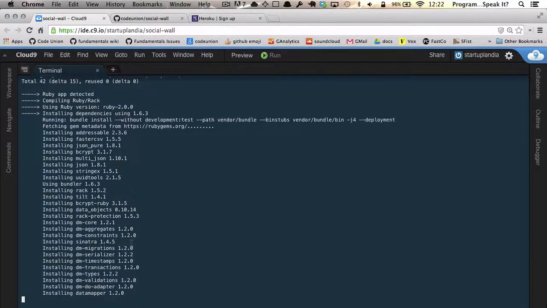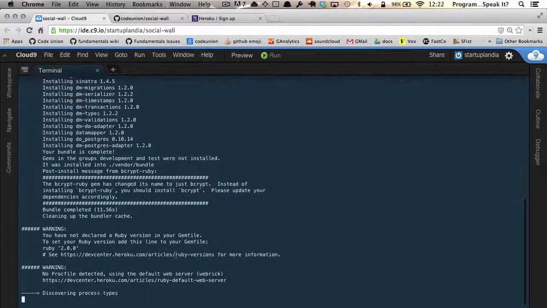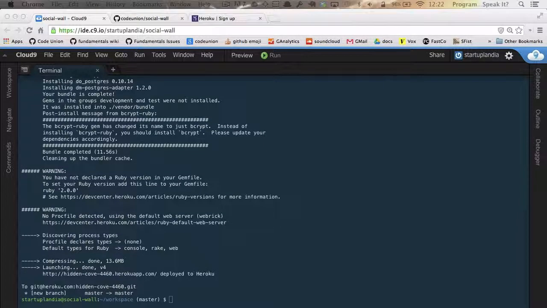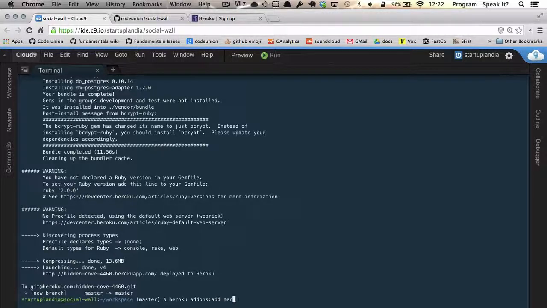And you'll notice that we're getting this automated output. This is literally the Heroku deploy process. So something that is very important, we have just deployed our code to Heroku. We now actually need to turn on the Heroku Postgres service, which will give our application a database. And we can literally turn that on by typing heroku addons:add